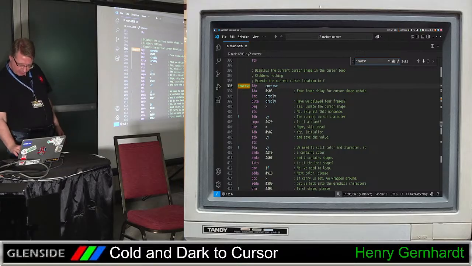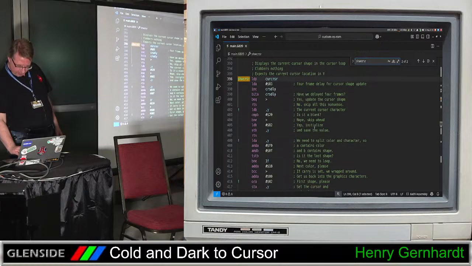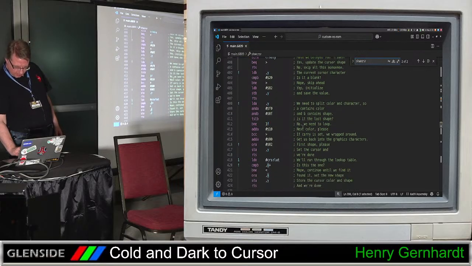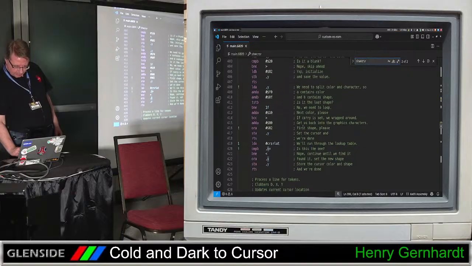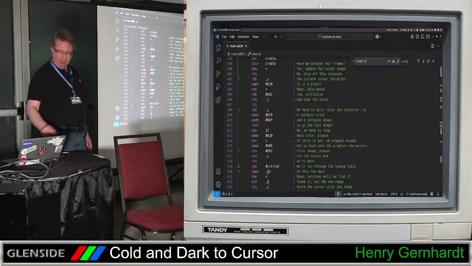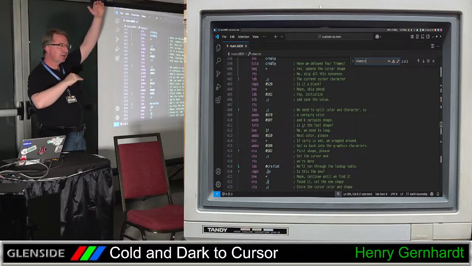If it's a blank, then I need to initialize the cursor. And I go through all this code right here. That subroutine, just to make a little thing spin. And to get there, I had to go through all that code